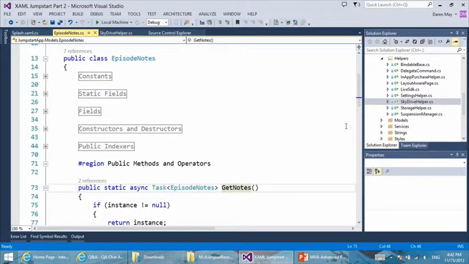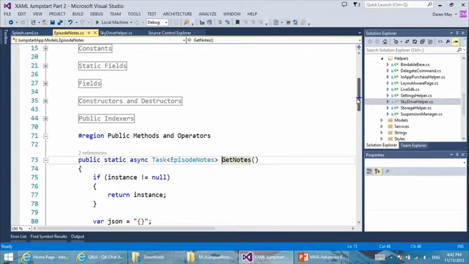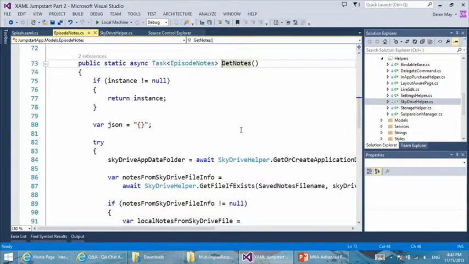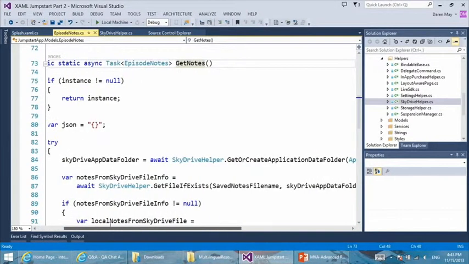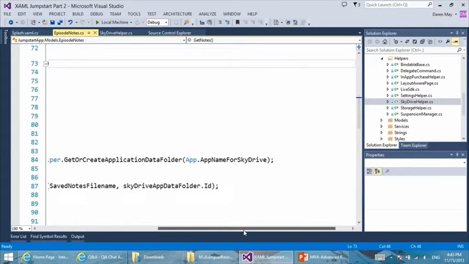So now what we have is the ability to get notes. Because we're using a web-based technology, we chose to serialize an object in JSON out there. We're not going to go into much more detail about that, but that's why we pre-configure a JSON result. We have a SkyDrive helper that has a method called